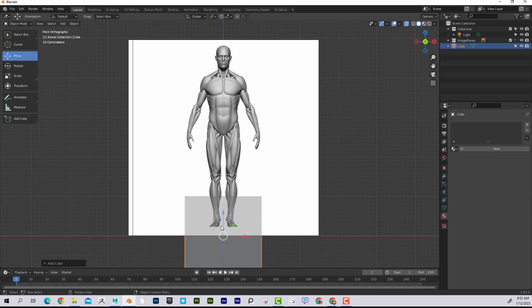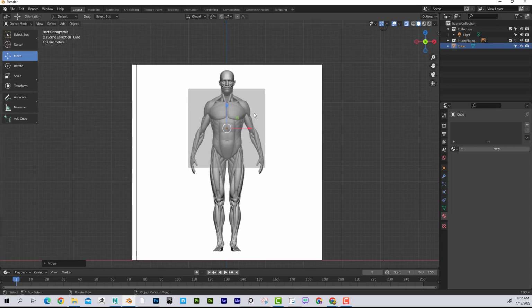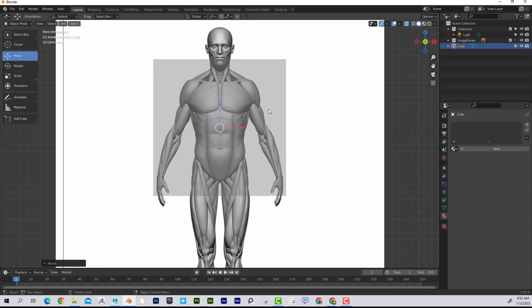I want to make sure that I don't move this cube left or right away from the center. If I do, I'm going to just hit Control Z. And I'm going to go to my move, and I'm going to move this straight up like this. Okay, I want to align, well, actually, let's just go ahead and align it to his torso. So to do that, I'm going to